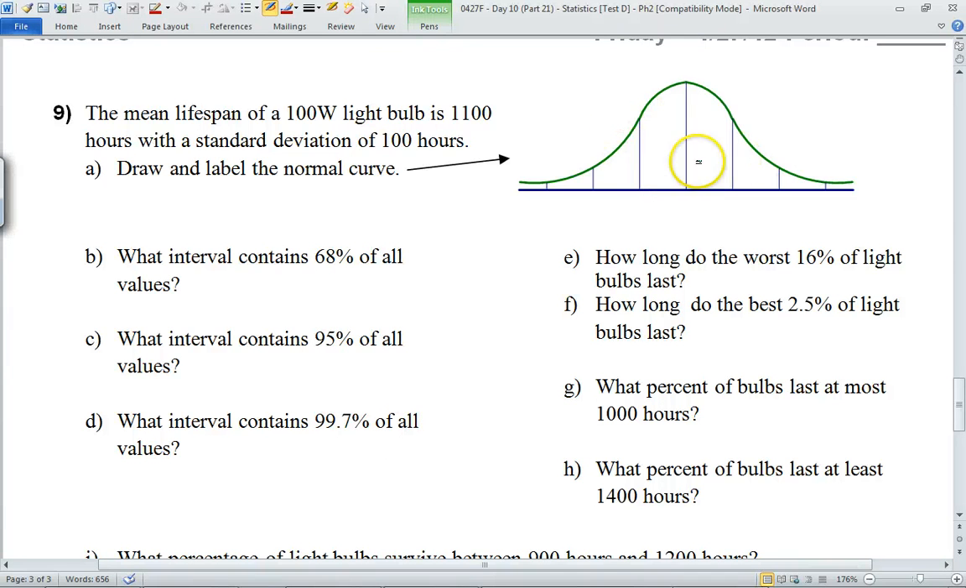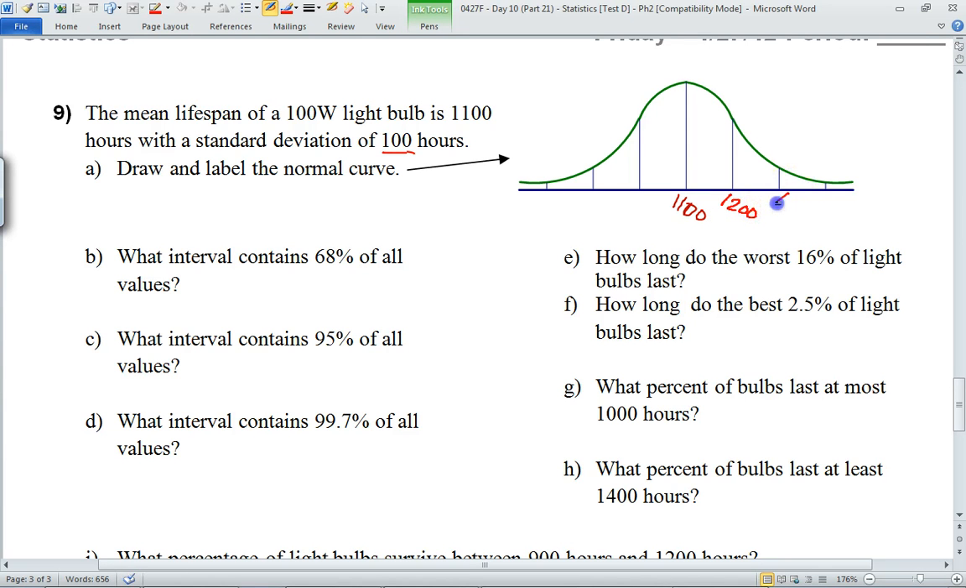Shocker. Okay, so here's my normal curve. Obviously, you'll have to draw it by hand, but do your best, man. Let's see. There's a mean lifespan of 100-watt bulb is 1,100. So that means right here in the middle, I'm going to have 1,100. Okay, that's the mean. Okay, so now let's see, going to the right, one standard deviation every time. Standard deviation is 100. So that means I'm going to add 100 going to the right. So this is going to be